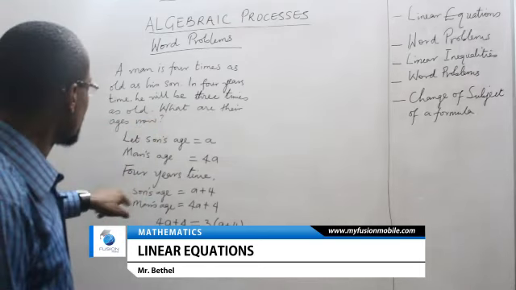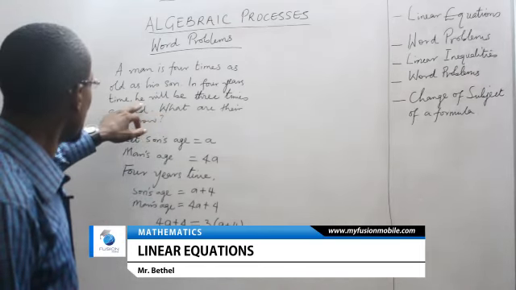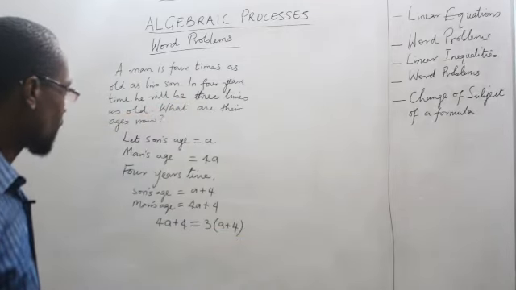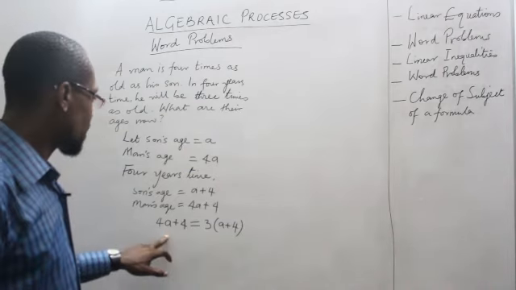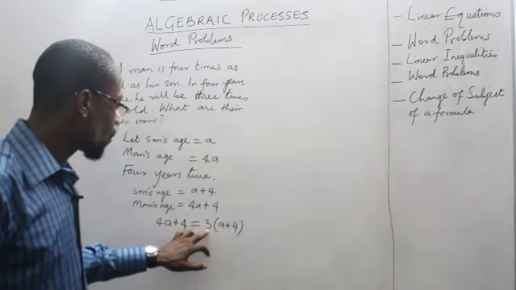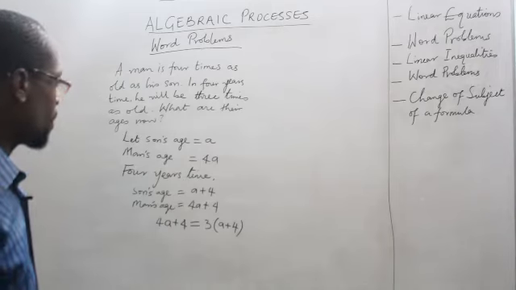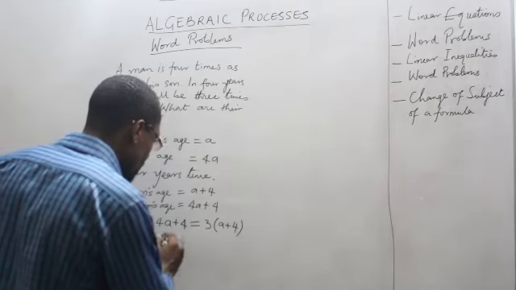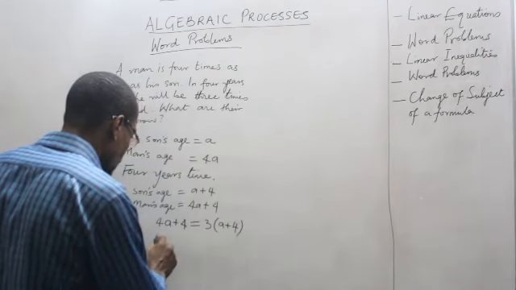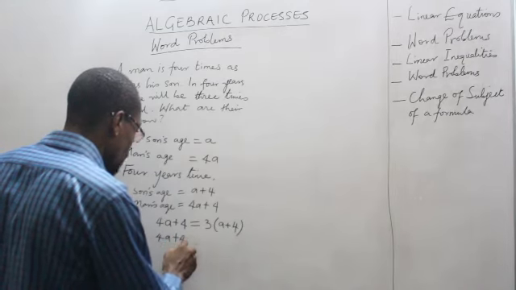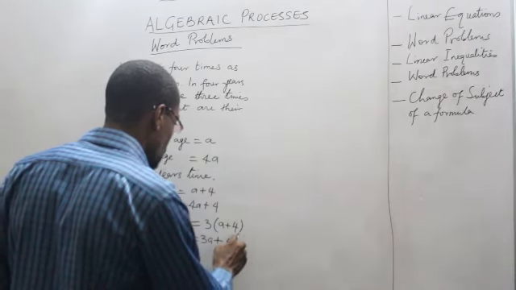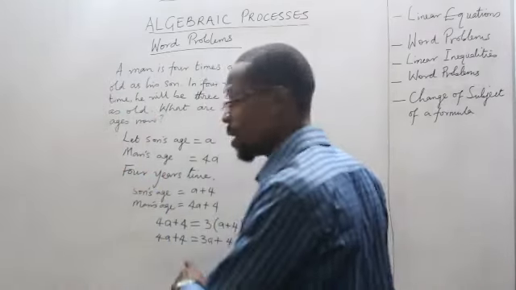We are told that in 4 years' time, he will be 3 times as old as his son. So 4A plus 4 will be equal to 3 times A plus 4. So when we expand the brackets here, we'll have 4A plus 4 equal to 3A plus